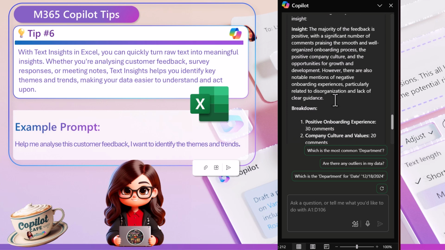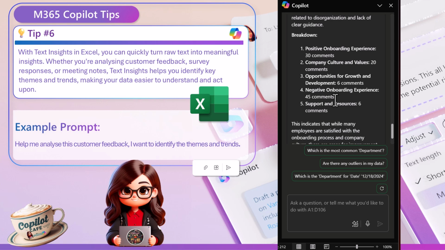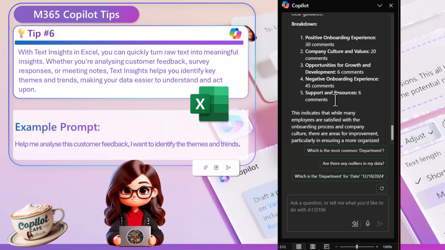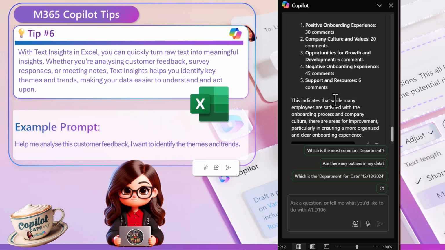So positive onboarding experience, got 30 comments, 20 comments about culture and values. This indicates that while many employees are satisfied with the onboarding process and company culture, there are areas of improvement,